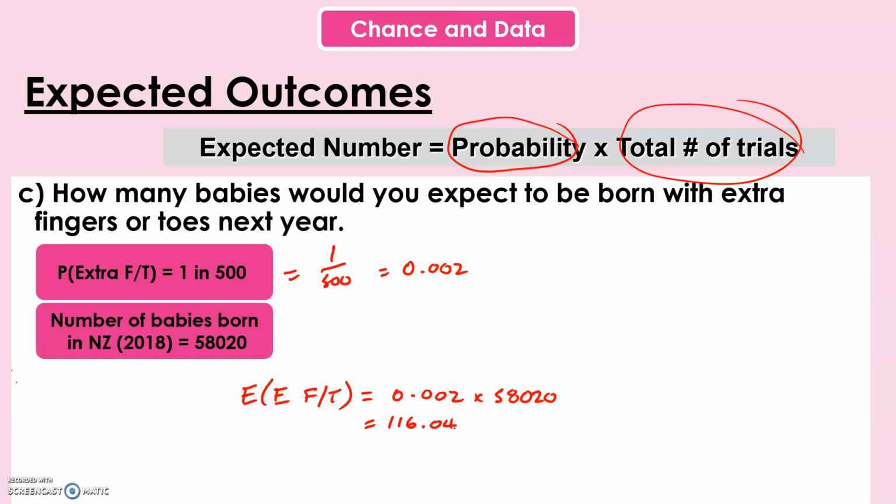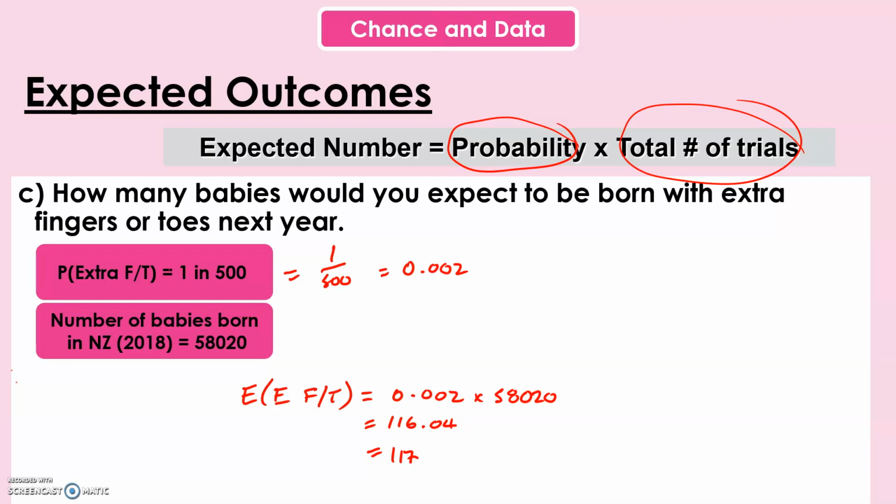Now, that brings us to an interesting answer. Because we're talking about babies, or the unit that we're looking at is babies, we can't really give an answer with 0.04. Now, normally, and in most cases, rounding normally is okay, so we'd round that down. But in this case, I'm going to actually round up. And the reason for that is that this is quite a negative. Not everybody wants a baby born with extra fingers or toes. So generally where there's sort of a negative